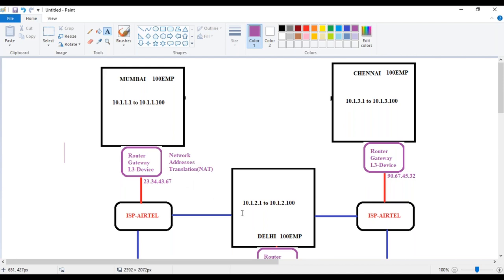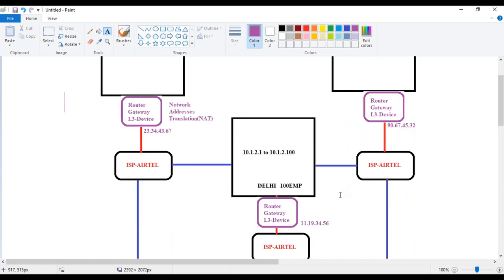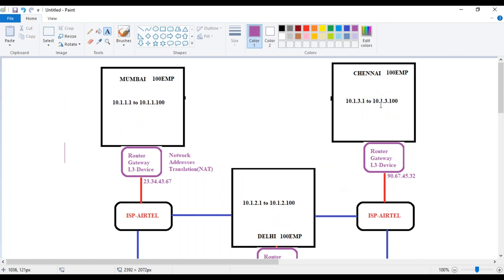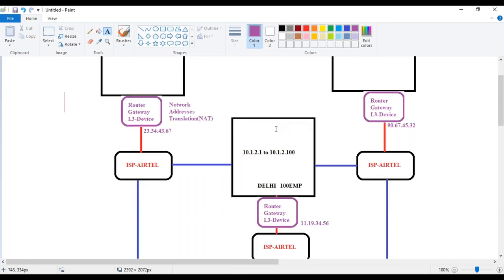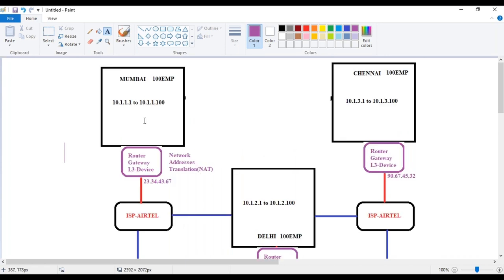You need to have 300 public IPs, guys, in order to make them work. Now how many public IPs do we require? We just require 3 public IPs, that's it. Remaining everything internally they have the private IP addressing. That means you are literally saving hundreds of IP addresses. That is why in this way you are going to save lots and lots of public IPs without wastage of lots of IP addresses, because of this private IP addressing as well as NAT.